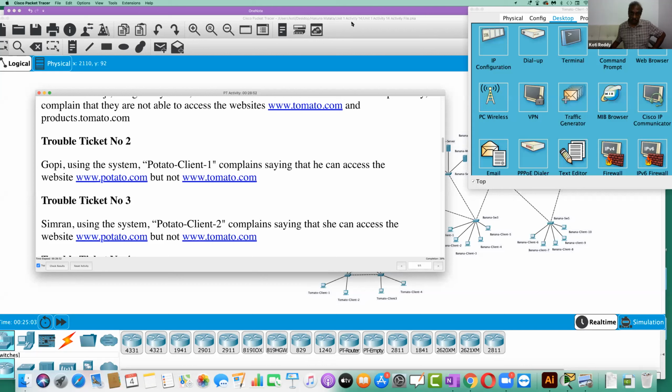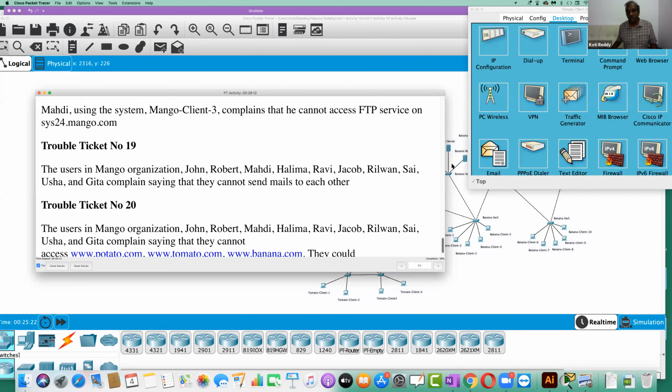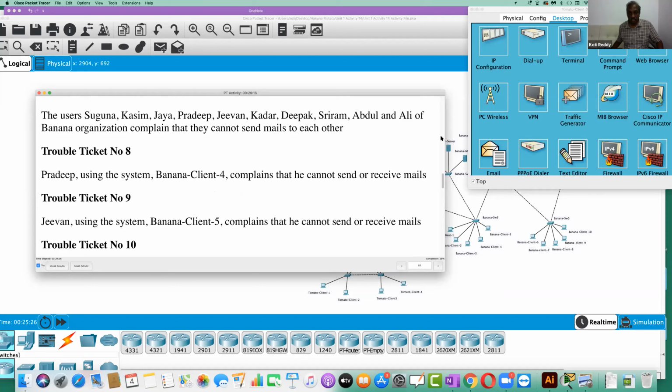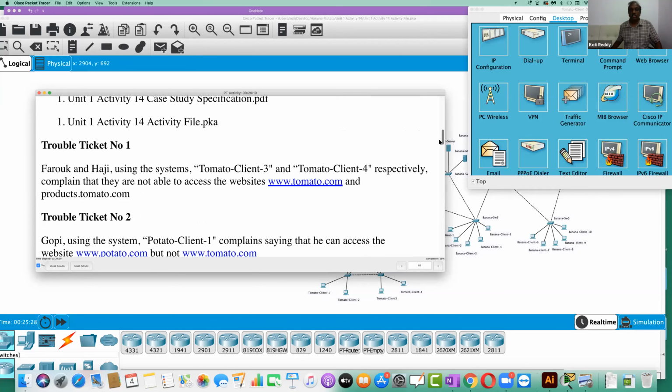Before that, some students are actually attending the class from, let's say, the UK. So it's prayer time for them now. So let's wait for 10 minutes and then start the class. We'll take a small break for 10 minutes and start the class again. We'll try to solve trouble tickets 2, 3, 4 and all till 20 today. It may take around 1.5 hours for us to do this. So let's give a small break for our friends so that they can complete their prayers and come and join.